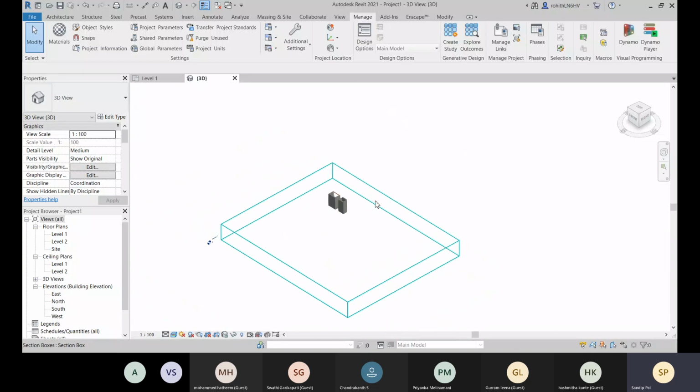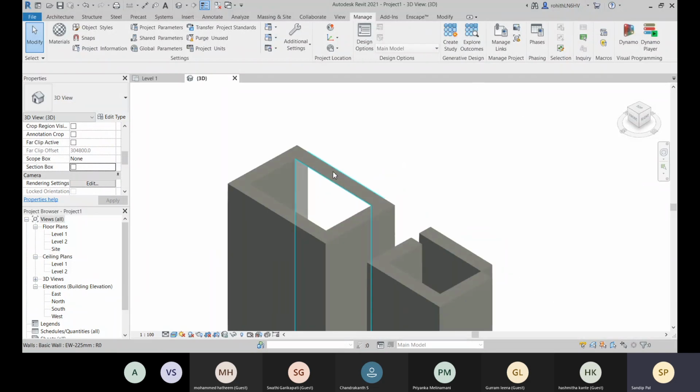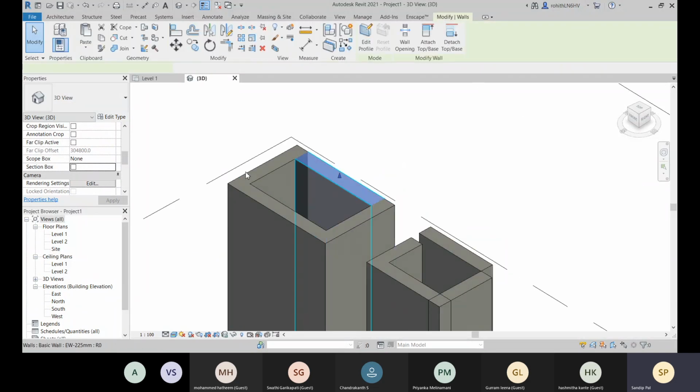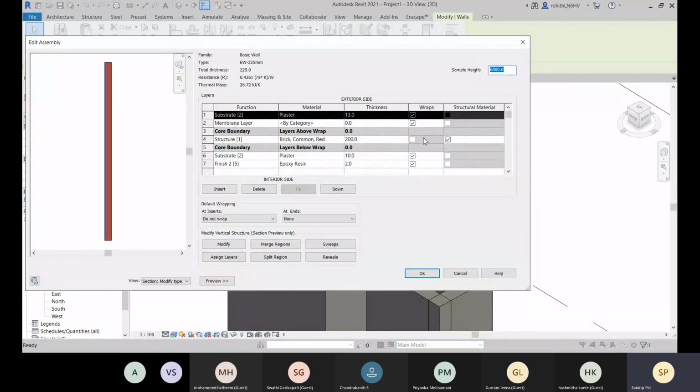Let me tell you about that also. For that, let me uncheck this section box. Now, in the normal view, I'm not getting it. Why? Here you see that this substrate 2 and this finish 2 are wrapped right now.